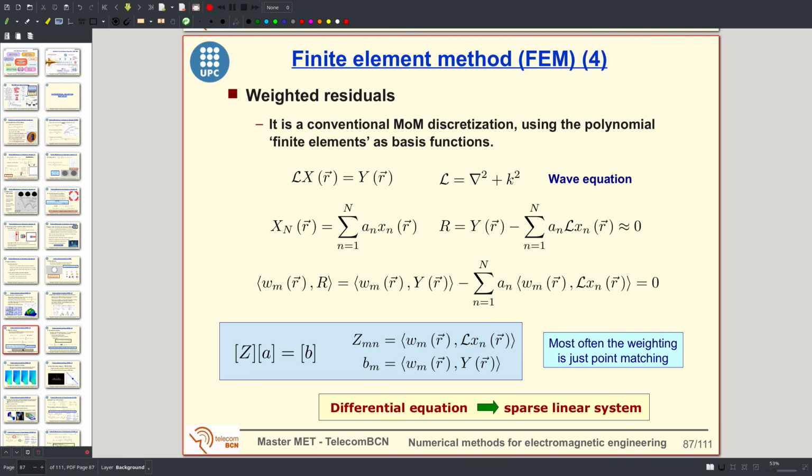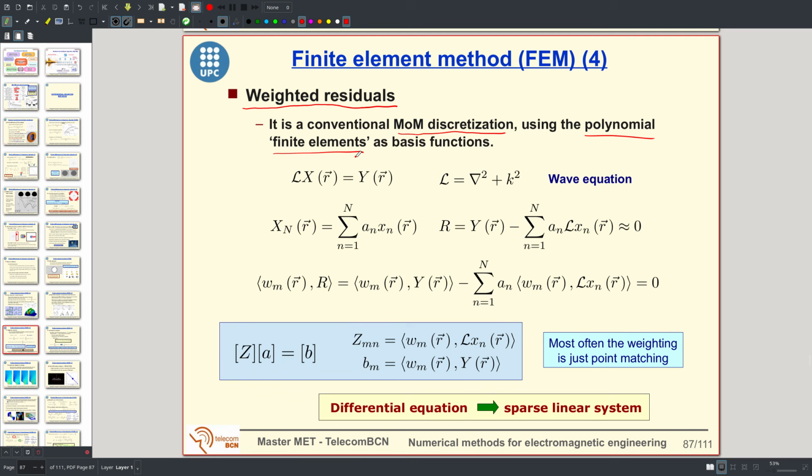And how can we obtain the linear system using finite elements to discretize the differential equations? Well, in fact, there are two ways to formulate the finite element method. One is based on weighted residuals. Imagine that you are doing a conventional method of moments discretization, but your basis functions are the polynomial finite elements. So instead of, let's say, rectangular or triangular method of moments basis functions, you just use your finite elements that are defined